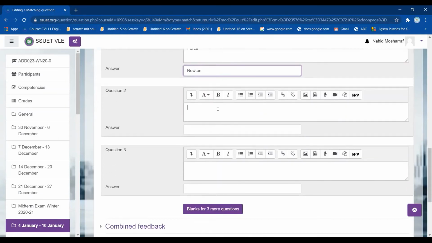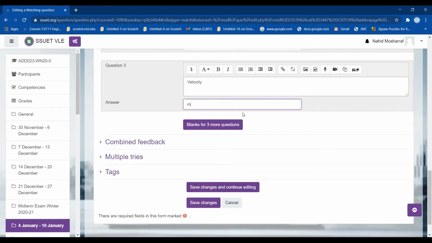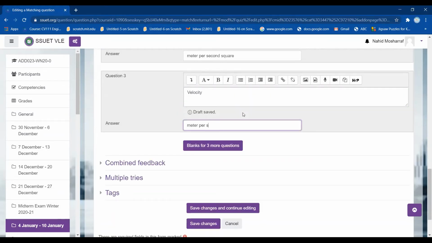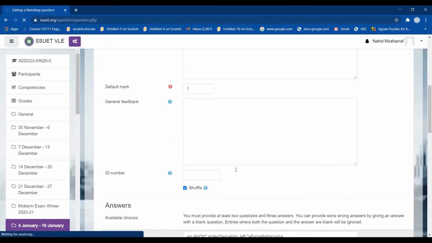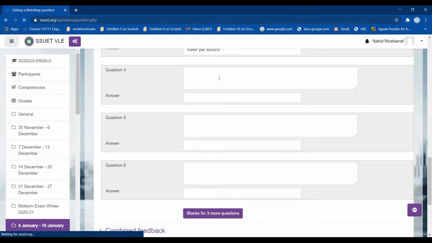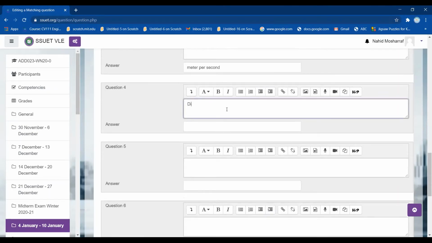Then you are providing acceleration, and it is in meter per second square, and then you are going to give velocity, and you want its answer to be meter per second. If you want to add more matching items here, how can I do that? The fourth one is distance, and you can add meter over here.